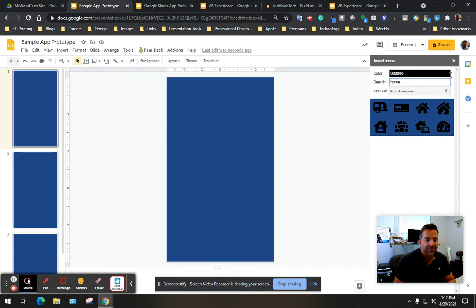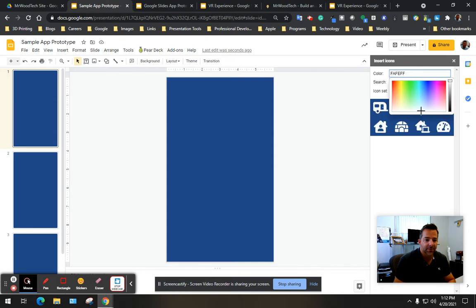And I'm actually thinking with this blue background, I'm probably going to need to go with a lighter color. So I might even do this yellow, but then I'm getting close to Michigan colors, and I do not want to do that. So let's stick with white. So I have my home button,